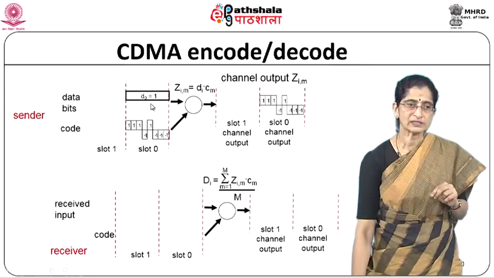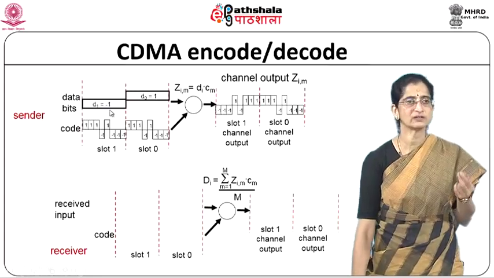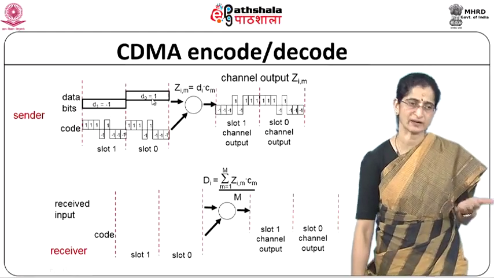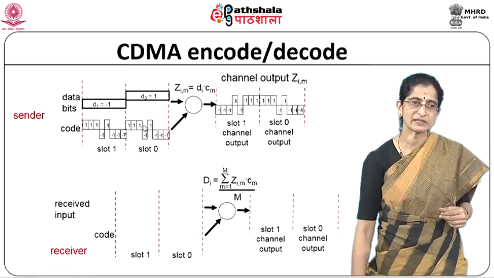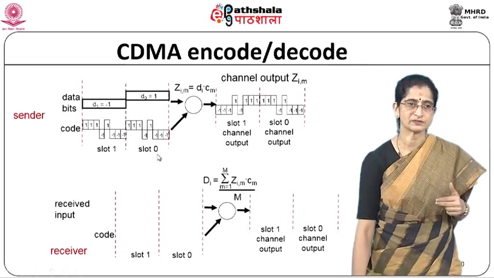Now in slot 1, let's say he's sending a value of 0, or let's say it's a -1 that he's sending. So -1 normally is used to indicate 0, 1 to indicate 1, for instance. So -1 you can see will be the exact inverse of this, the exact opposite of that, right?